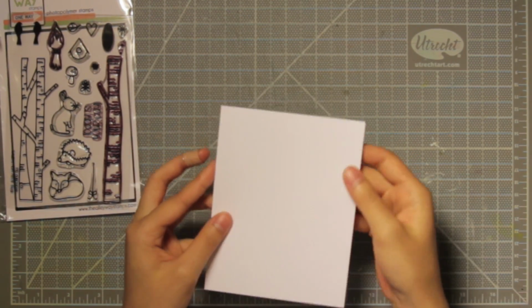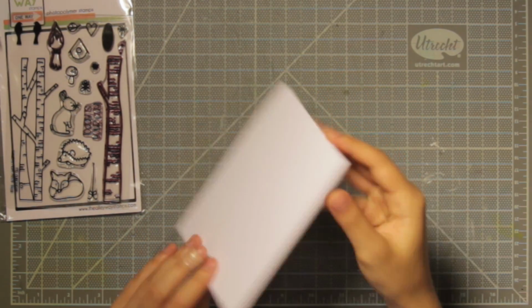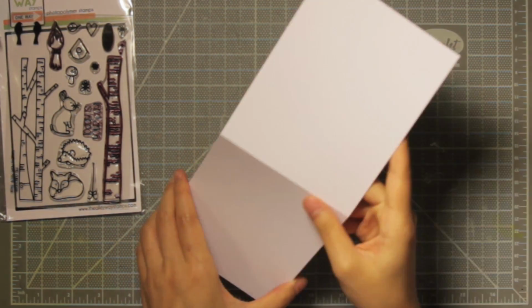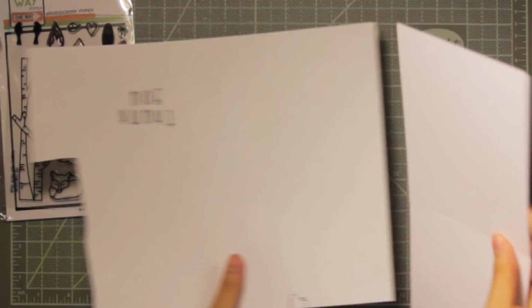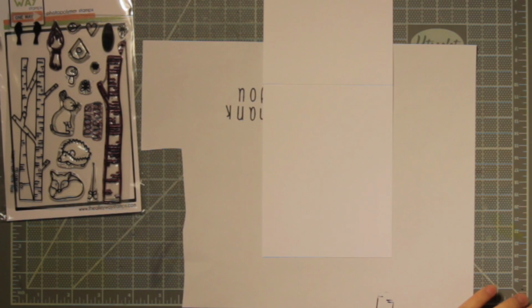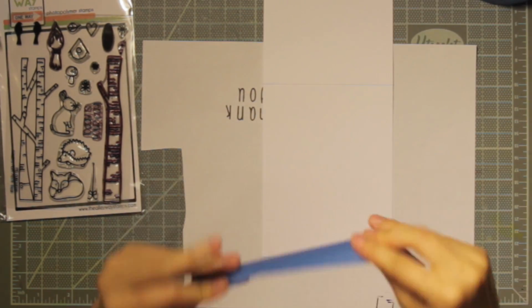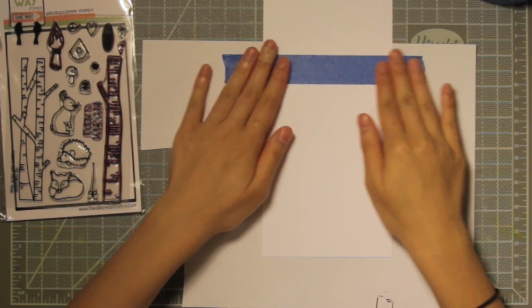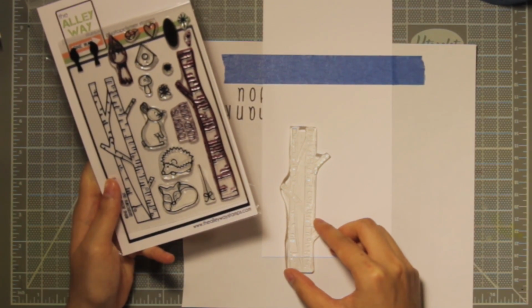So I have a 4 1/4 by 5 1/2 top folding card base here. I'm using 110-pound white cardstock. So I am just going to be taping this down to some scrap paper with some painter's tape, because after I'm going to stamp and have these silhouette shapes, I'm going to be inking some distress ink over it just to create a really colorful effect. So I'm just taping it down at the top fold just to make sure nothing goes over to the back